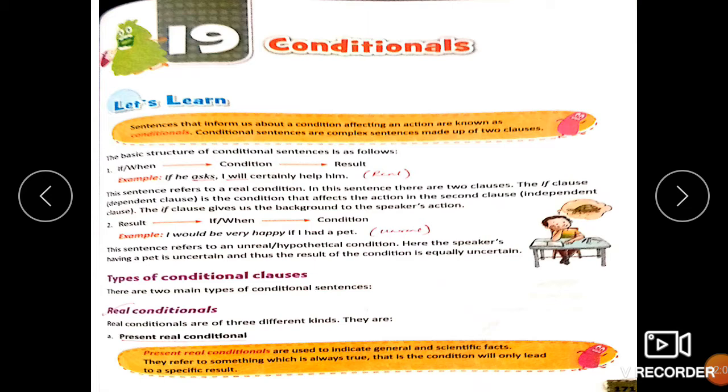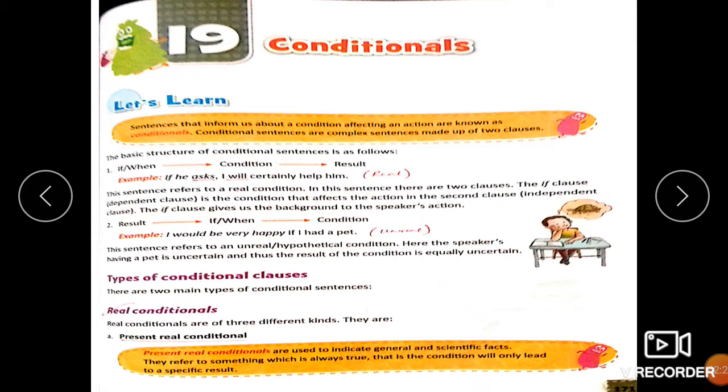Let's now take a look at the basic structure of conditional sentences. If or when plus condition plus result. This is how conditional sentences are usually structured. Example: if he asks, I will certainly help you. Here, if you